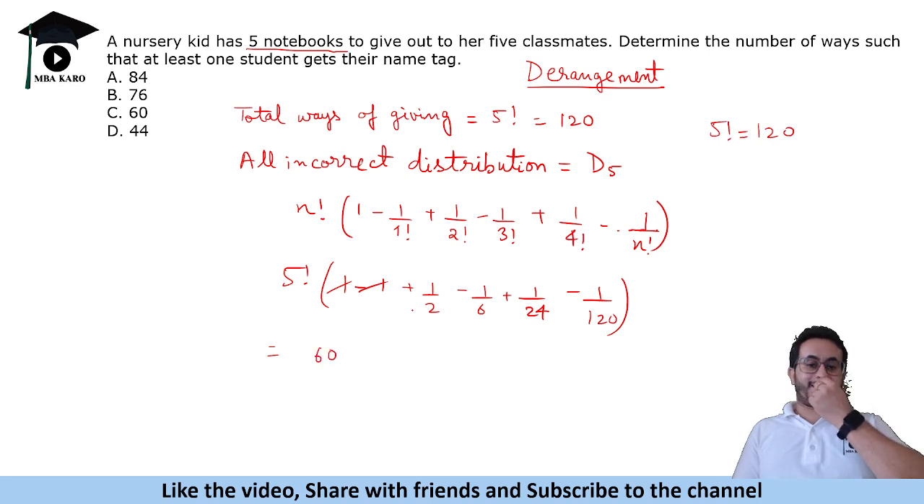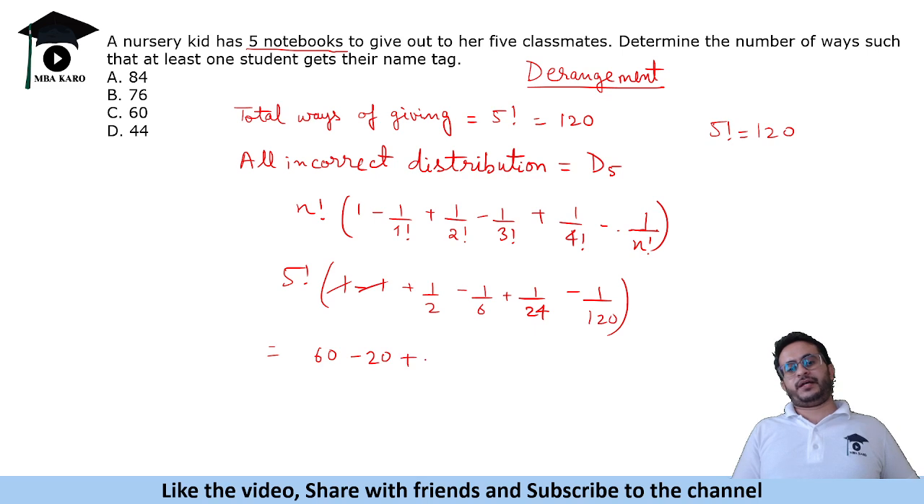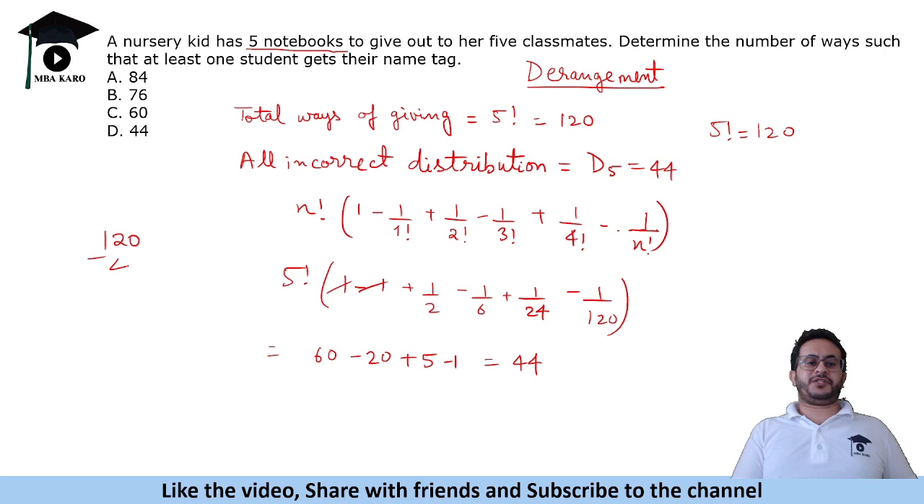120 by 2 is 60 minus 20. This is 5. 5 factorial is 120. 120 by 24 is 5 and minus 1. So that is 44. So all incorrect distribution is 44. So there are 120 ways of distributing, in which in 44 cases the notebooks will go to wrong people. So there are 76 ways in which at least one student will get